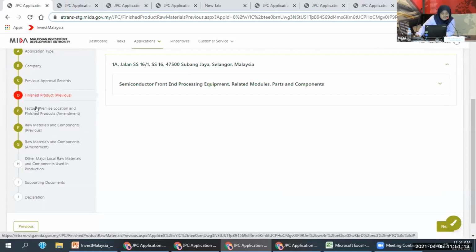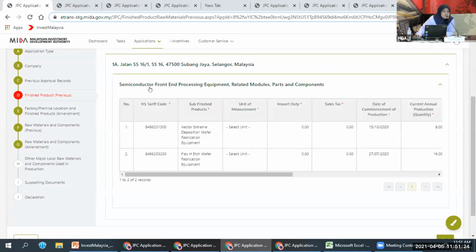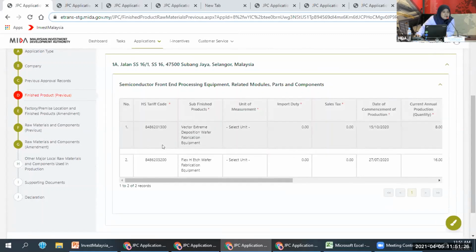As you can see here, for finished product you will see two finished product sections. The first one is related to the previous finished product. This section will only show the previous approved finished product.